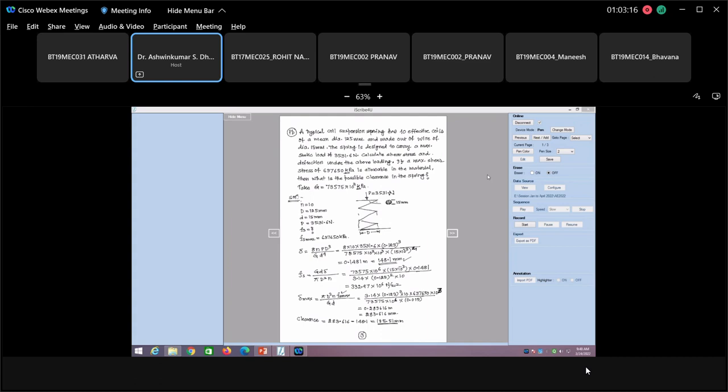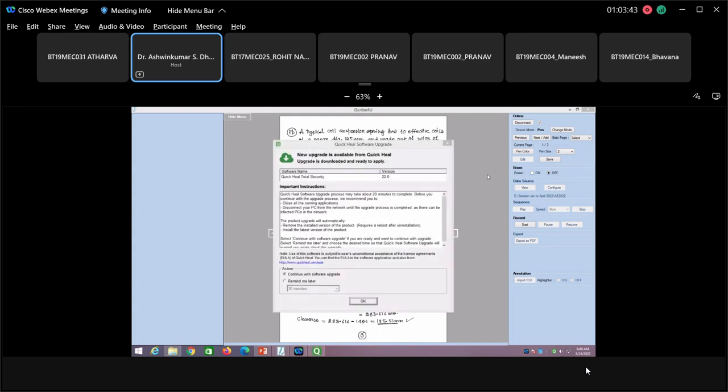Yes, that is correct. So this is the maximum clearance which can be allowed. Such kinds of problems are there, and there are a lot of values in this, but please understand that with these problems we can design the spring for the suspension system in the vehicle. Usually this coil spring is used in the independent suspension system. So now we will shift to the presentation. I will just give you the brief understanding of what is